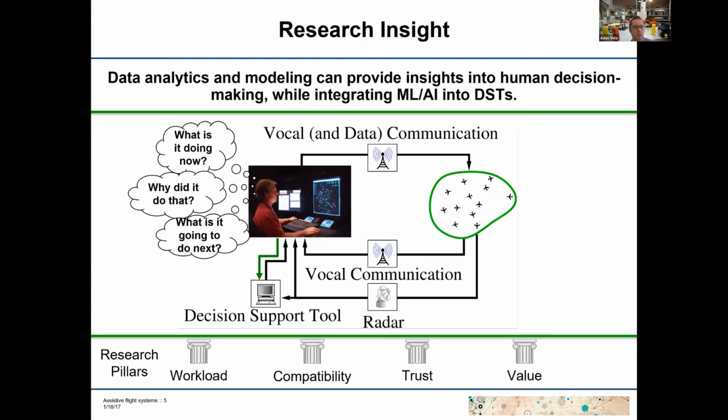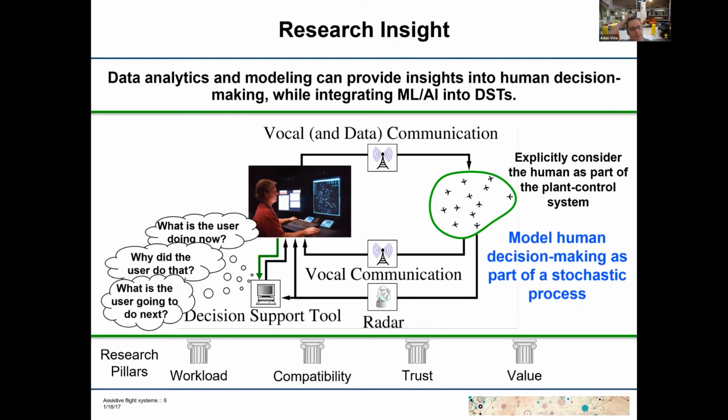All right. So let's understand why this is a challenging problem. Any good decision support tool that we're looking at in the future, especially one that's AI-based and sufficiently complex, what's going to end up happening is we're going to have human operators working with these systems, wondering, what is it doing? Why is it doing it? What is it going to do next? And this just increases the computational workload on this user.